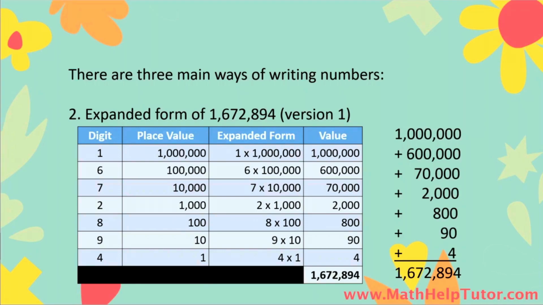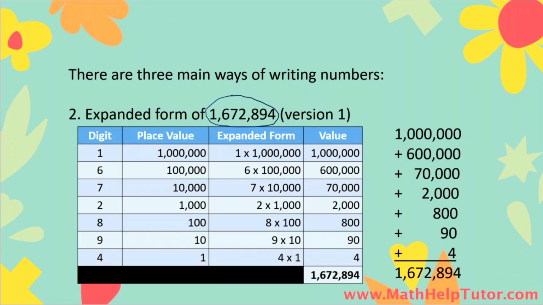Now, there are two versions of the expanded form of numbers. Here, you can see the first version, wherein we show that we are adding each of the digits' values. Take note that the total amount of the sum of the values are equal to the number. So this number,